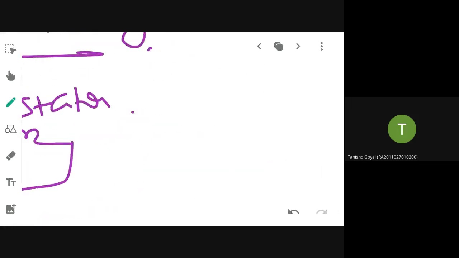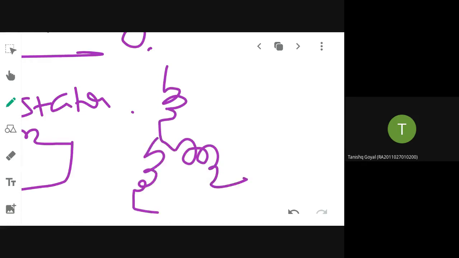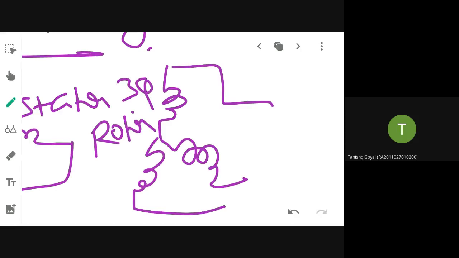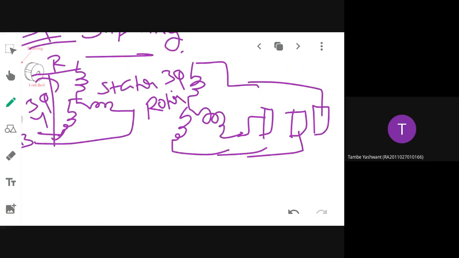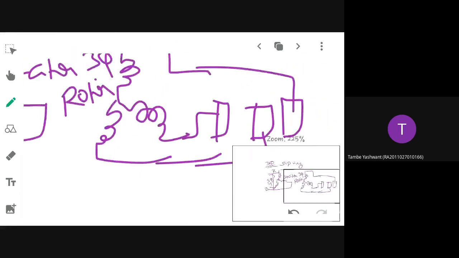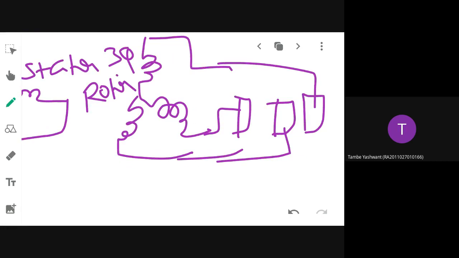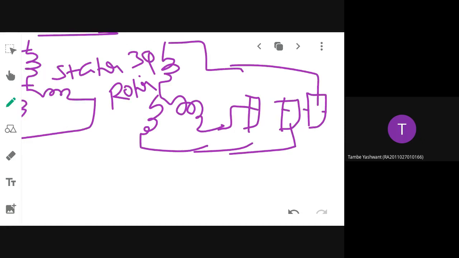If you see the rotor, the rotor will also be like this, star only. This is the rotor. The rotor will also be three-phase and it will be connected to three slip rings like this. Ma'am, what is actually slip rings? Slip ring is actually similar to a commutator only. Sometimes it has a special property of increasing the rotor resistance. For increasing the torque and all, you will use this. So these are slip rings.